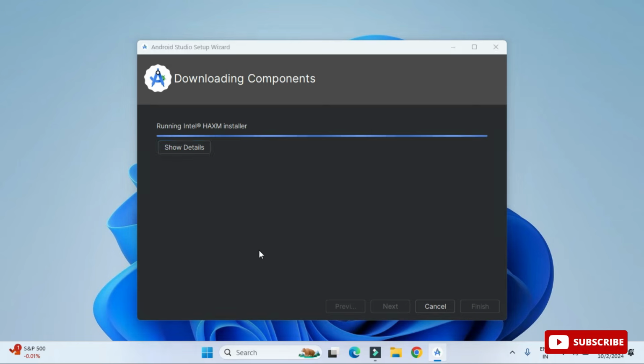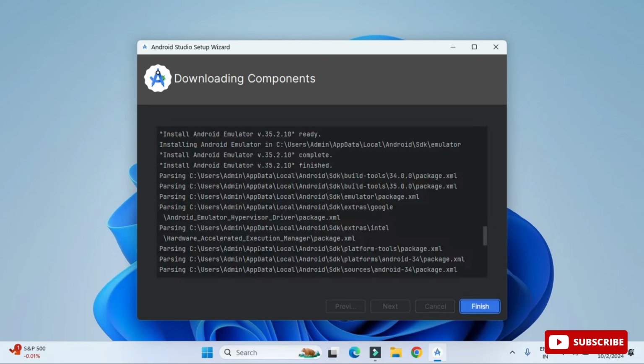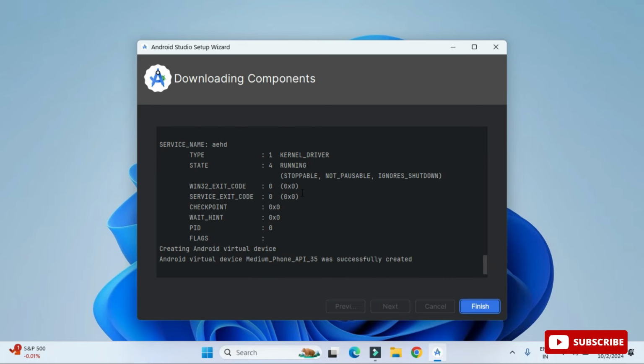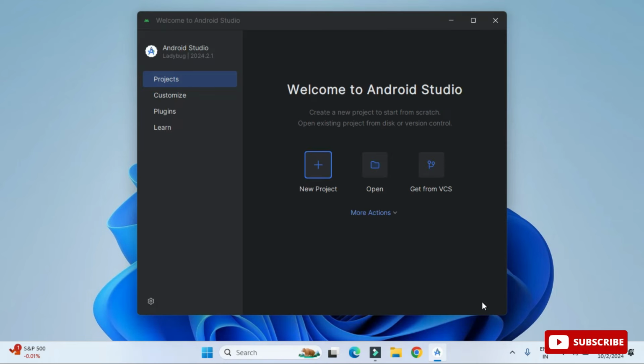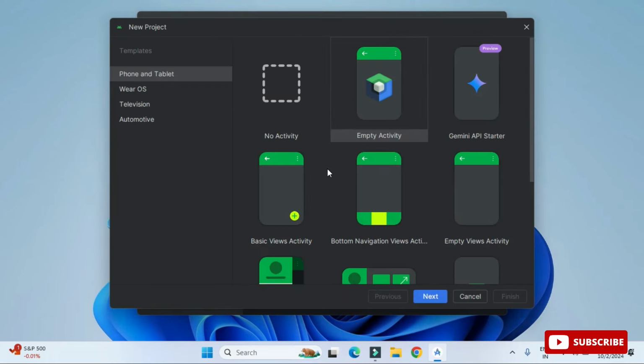So guys, now this is done. Now my installation of Android virtual devices is done. Here it's showing me this information. I need to just click on this finish button. Okay, so guys, after this it is showing me this Studio, welcome to Android Studio, and here we have options for projects, plugins. So I'm going to take the option projects, and here I'm going to click on new project because I want to create a new project.